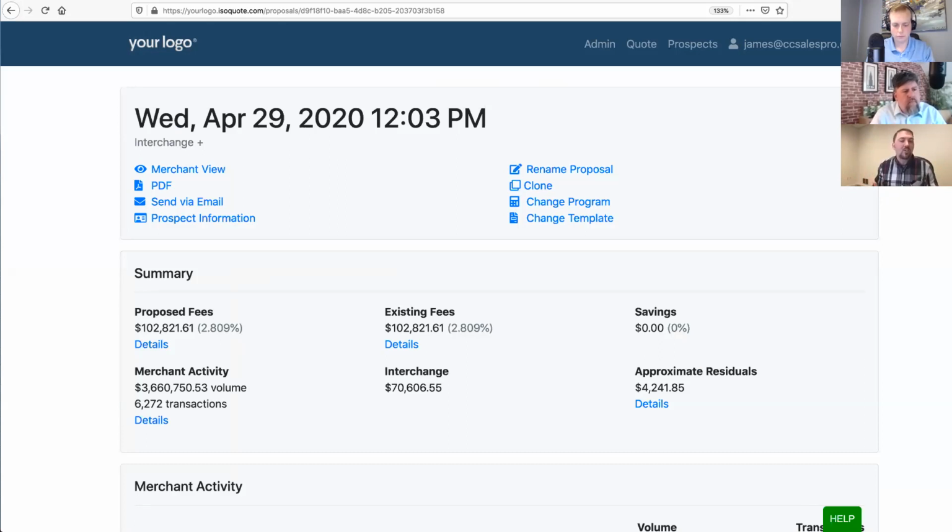Well, we're going to have to cut into those residuals because, you know, it'd be great to make $4,000 a month on this account, but we don't have to. We could probably make less. So let's just cut the pricing and try to get the account that way. And maybe we can save the merchant $2,000 or $3,000 a month, which for a merchant this big may or may not grab their attention. And that's all we could do.